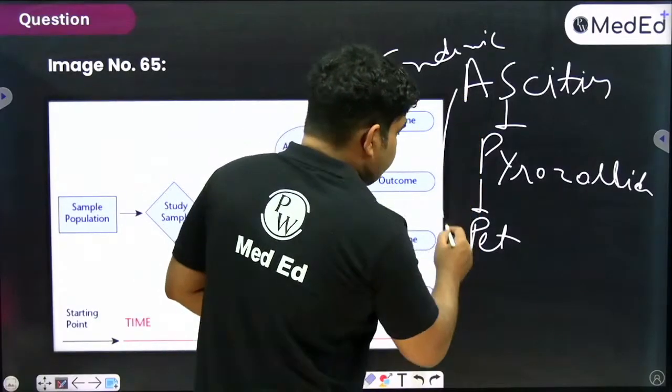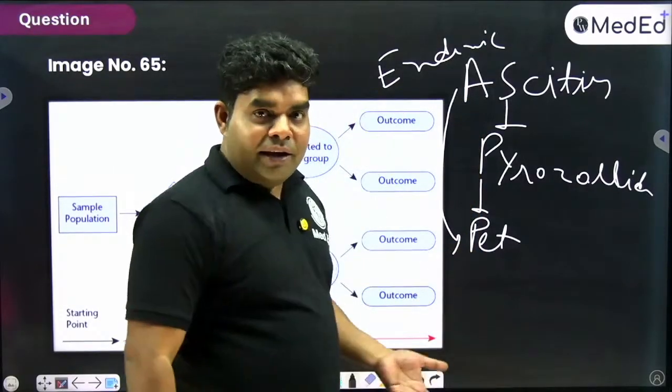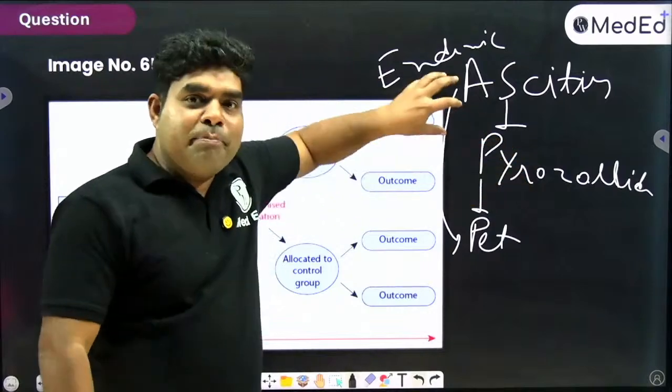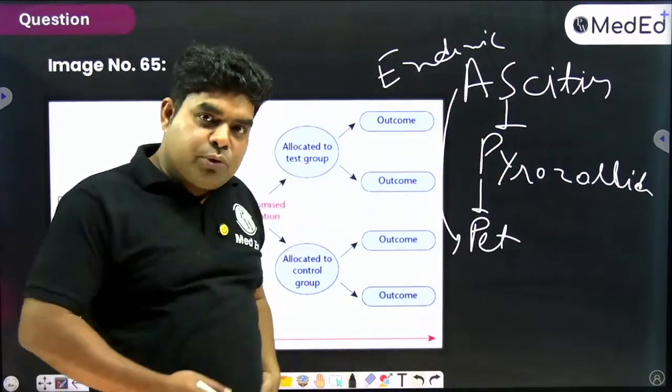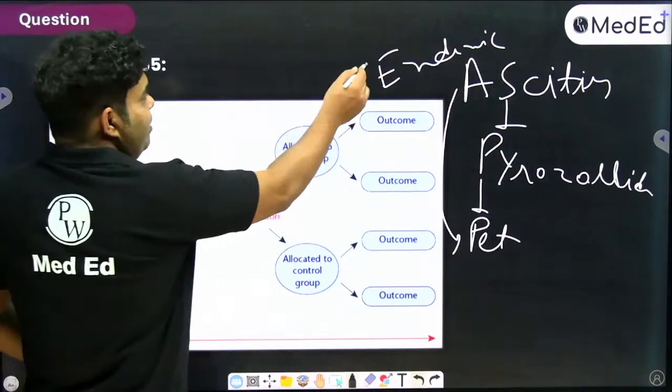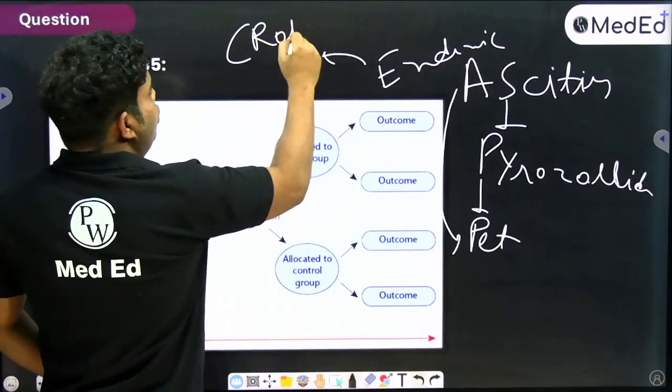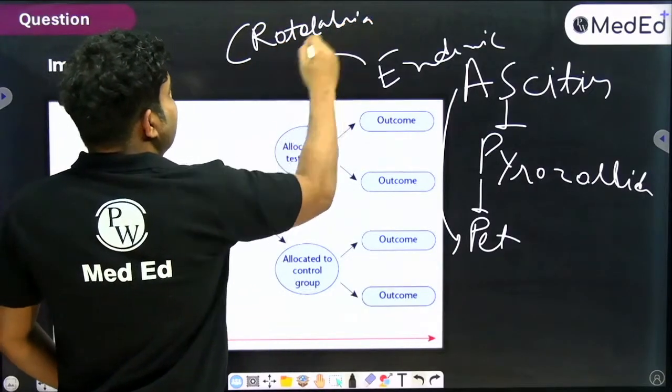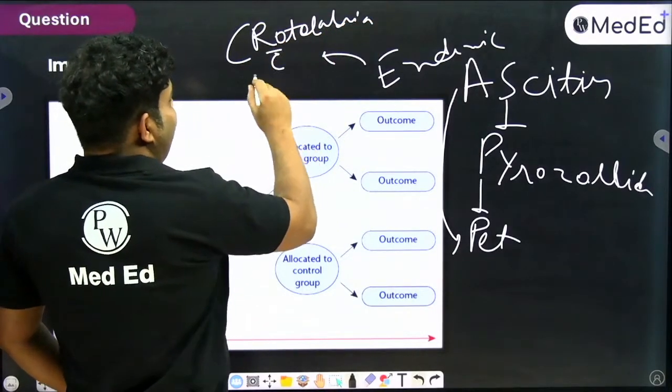And we all know in ascites what swells? Pate or abdomen swells. So endemic ascites is by pyrrolizidine, which has pate swelling, abdomen swelling. And it occurs by which plant? As I said, Crotalaria plant mixed with Panicum miliare. Crotalaria